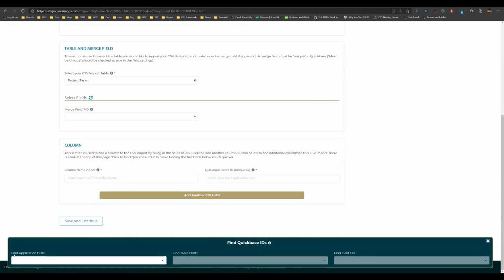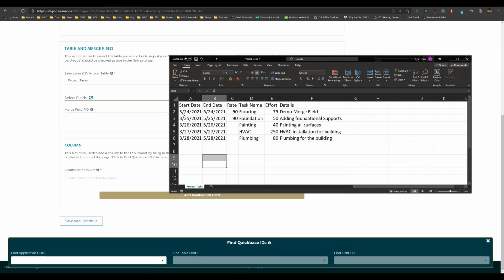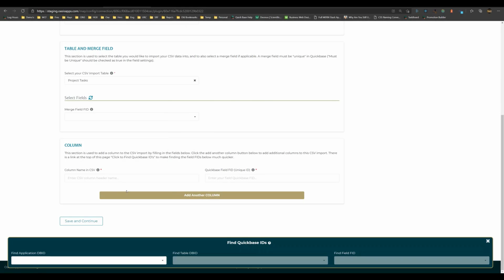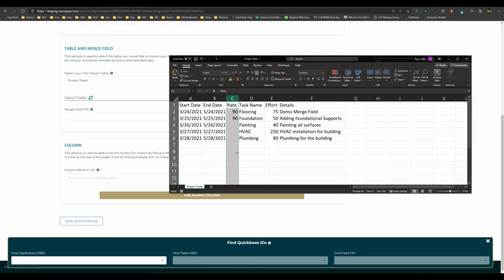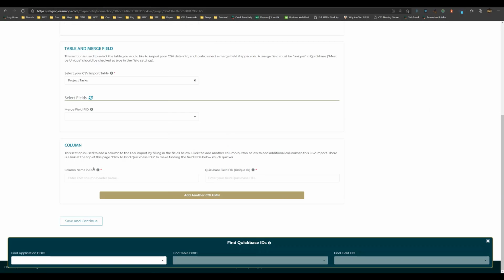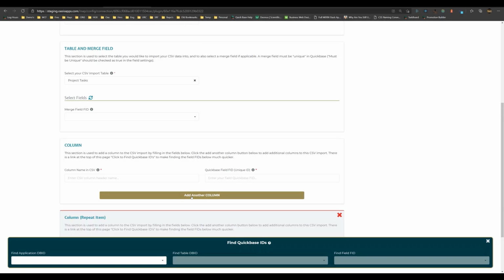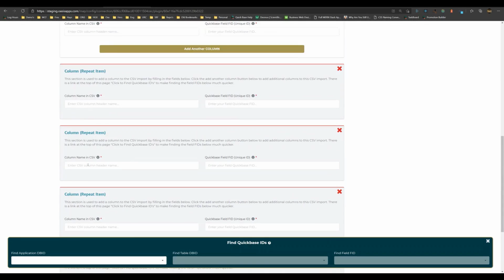So what I'm going to do here is first populate all of the columns that I need from my CSV document. So I'm going to open this up and I'm going to count the columns. So I've got 1, 2, 3, 4, 5, 6 it looks like. Actually, I'm not going to import the rate right here, so I'm going to ignore that. So I've got 1, 2, 3, 4, 5 columns. Right now I've only got one column to work with, so I'm going to add 4 more. So I've got 1, 2, 3, 4, 5. If I scroll down, I can see I've got the 5 columns I need that are in